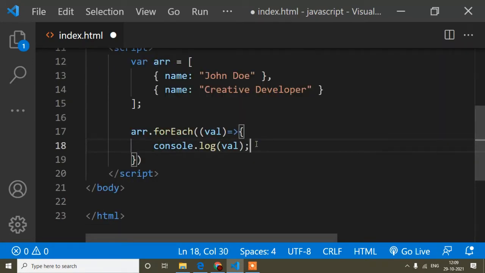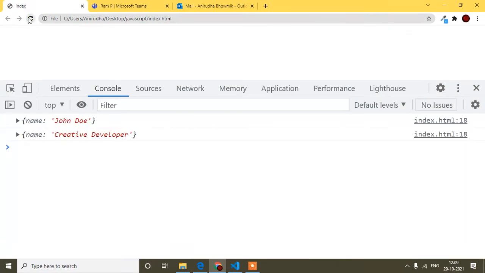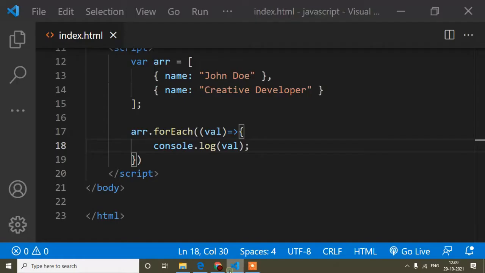If I console log this value, I will explain everything clearly. If I refresh, you can see that I'm getting the value as an object, John Doe and this one.